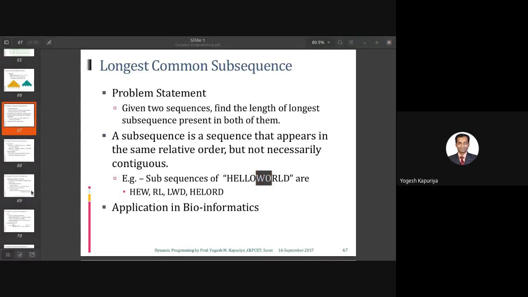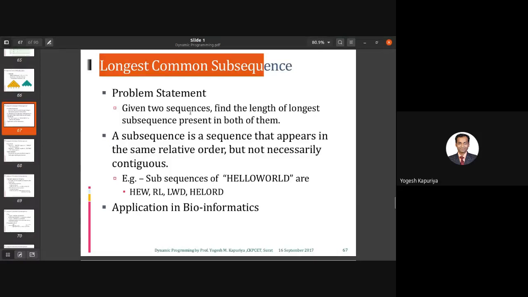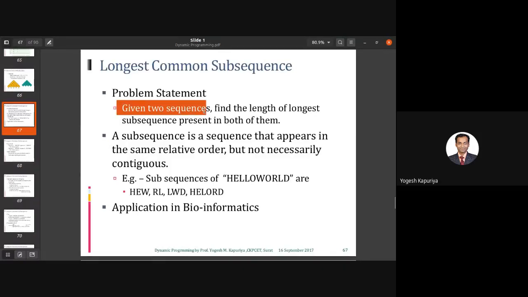So like this, you can find subsequences within any string, and there can be a number of subsequences within any string. What is the problem statement? You have been given two sequences. Given two sequences, find the length of the longest subsequence present in both of them.